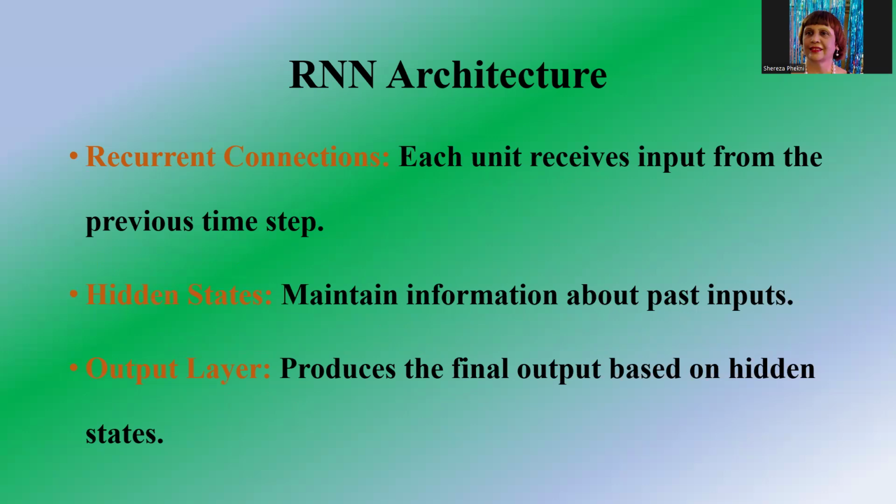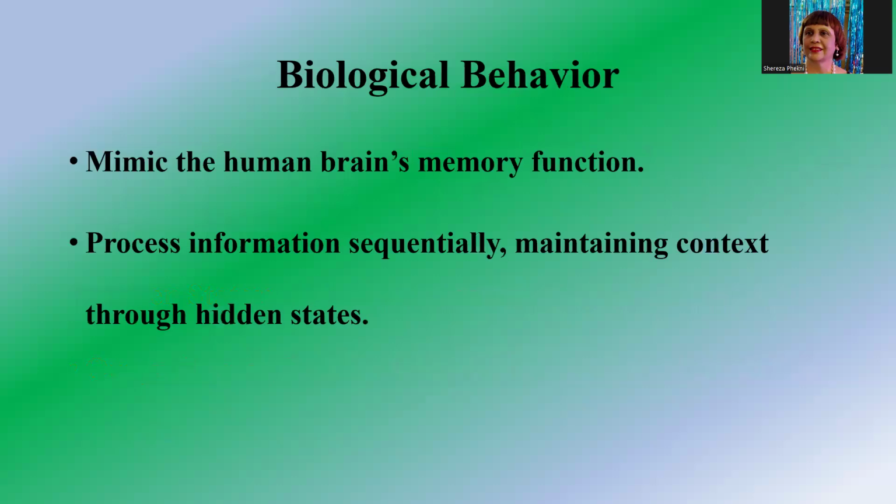This creates a loop, allowing the neurons to remember information from the previous time step. The biological behavior is similar to how neurons in the brain can fire in response to a current stimulus, while also being influenced by previous stimuli, creating a memory or context of influences